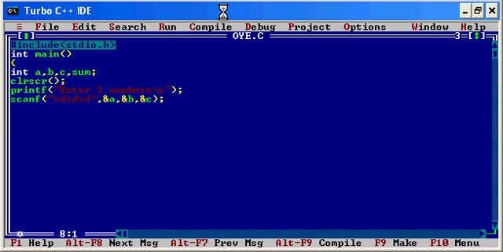Now as we have accepted three numbers from the keyboard, the next thing is sum